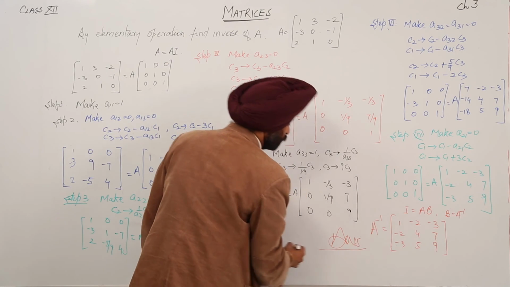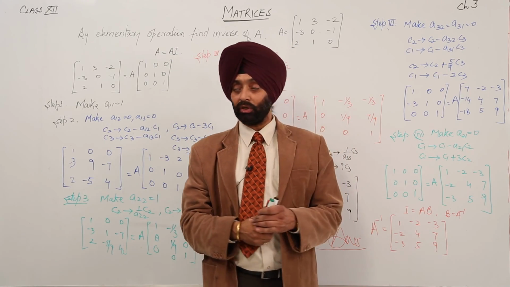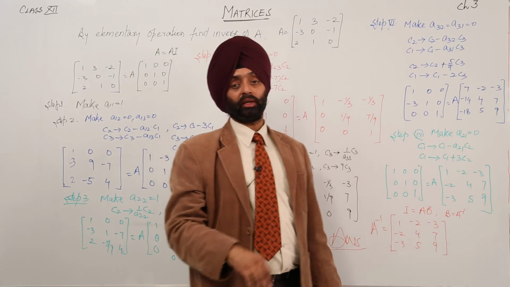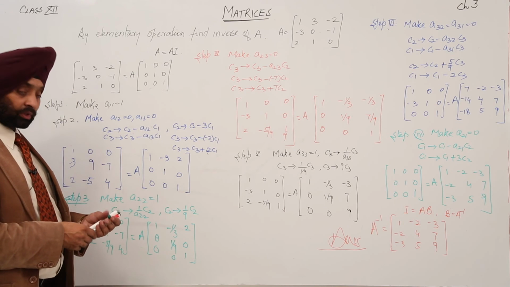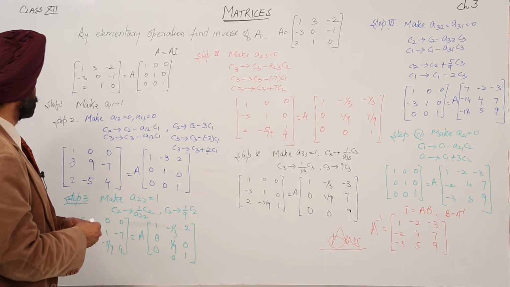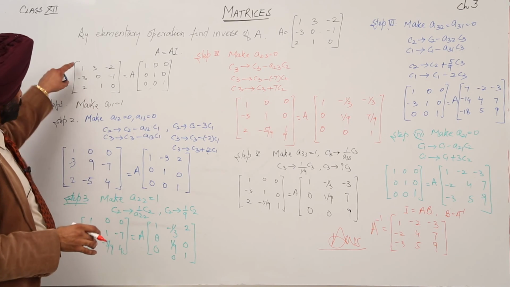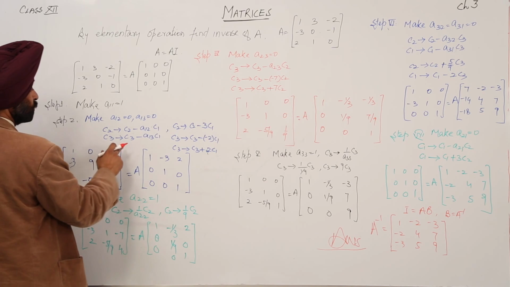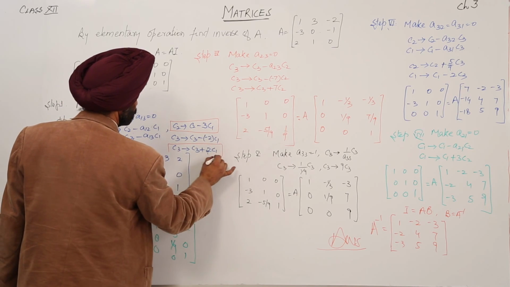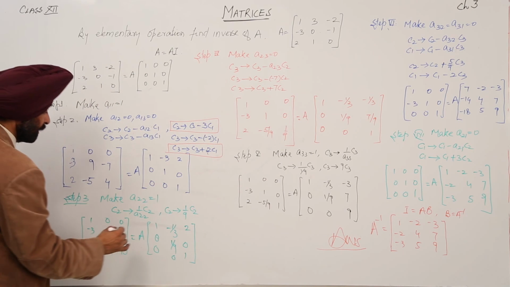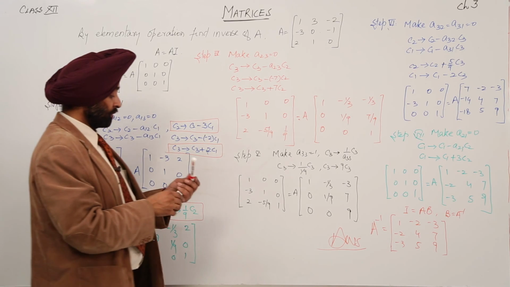So you can move with any method, with elementary row operation or elementary column operation. We have done this question by elementary column operation. Now you can look out for all the steps which we have used. Let's repeat it. Step 1 was skipped because it is already 1 here. Step 2, what we have used? We have used this part and then this part. For step 3, we used this part. For step 4, we used